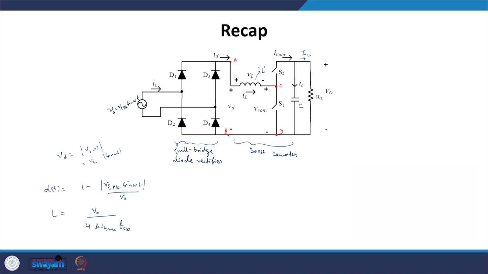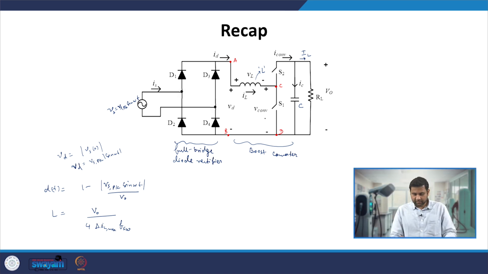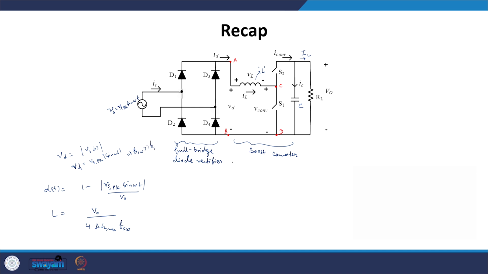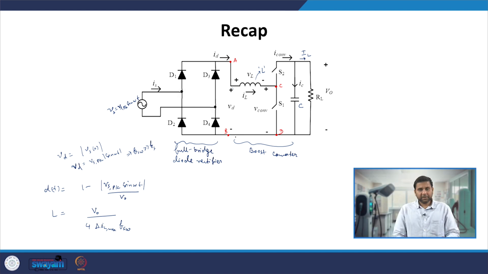with positive polarity. We have also understood that the switches S1 and S2 need to be switched at a frequency much higher than that of the supply or AC input. So the switching frequency of the devices has to be greater than Fs, such that the rectified DC coming across A and B, for that switching period, behaves like a constant voltage. Then we derived the duty ratio, that means the fraction of the switching period when the switch S1 needs to be on.